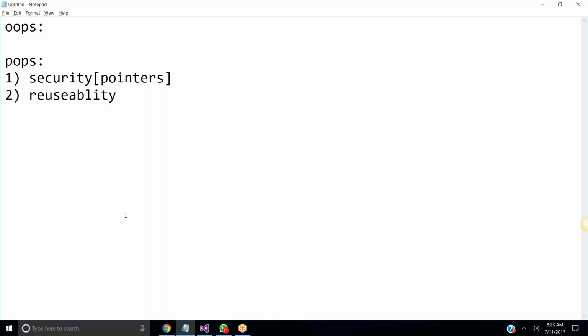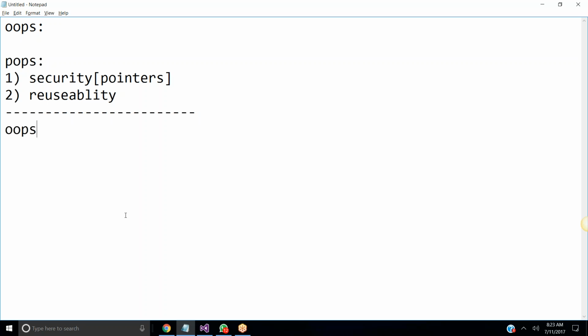That means we are not using functions, creating separate classes, and having functions in those classes. We use the functions in another main method class, and all those things are not supported in the procedural oriented programming language. To overcome these problems, security and reusability, which are major issues in the procedural oriented programming language,